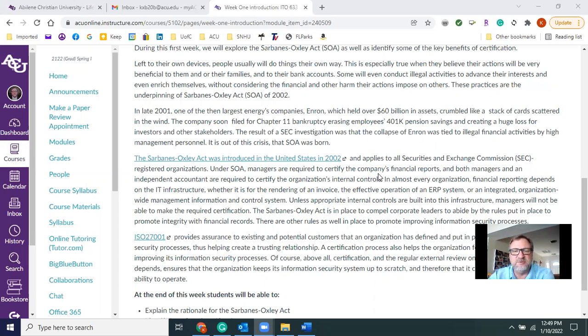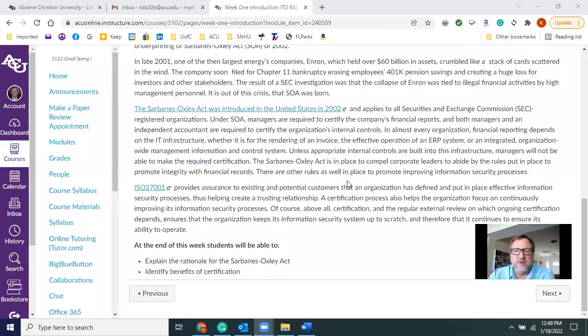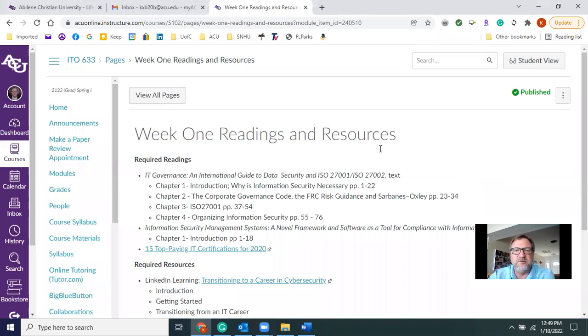The Sarbanes-Oxley deals with executives having to certify the books basically at the lowest level. Of course, in the chapter, we'll look more in depth into the Sarbanes-Oxley Act and look at the benefits of certification, and possibly through the assignments, you'll look at how that act could be improved. And hopefully, as you're doing research, you look at today, there's been a lot of talk of adding more consumer protections and investor protections by the Congress. And so you can look at those as well as you're doing your research.